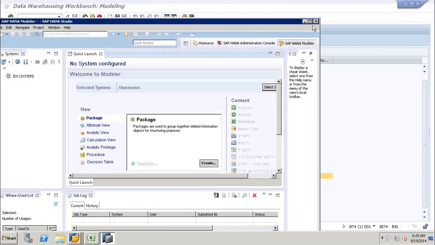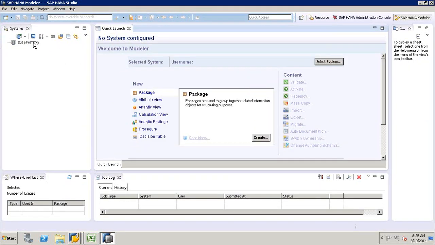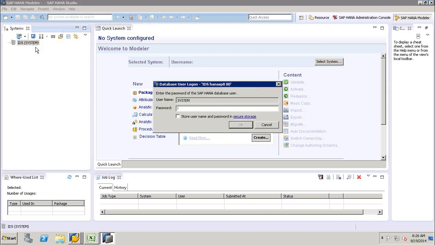If you go in here, the interface basically asks you to create a connection to the actual HANA database and the appliance. So when you right click on this navigational area, you can click on log on. You can give in the credentials,